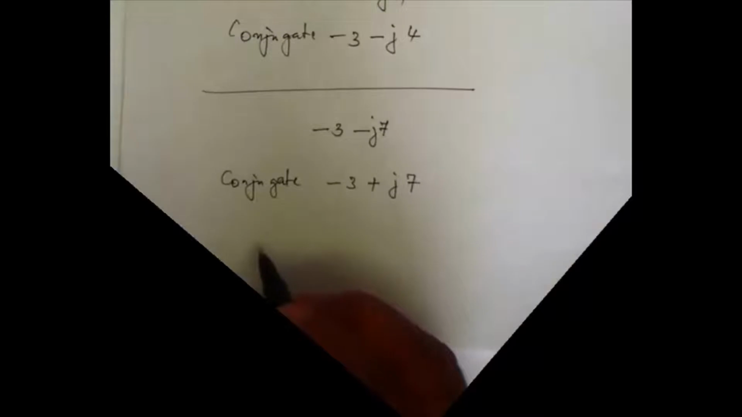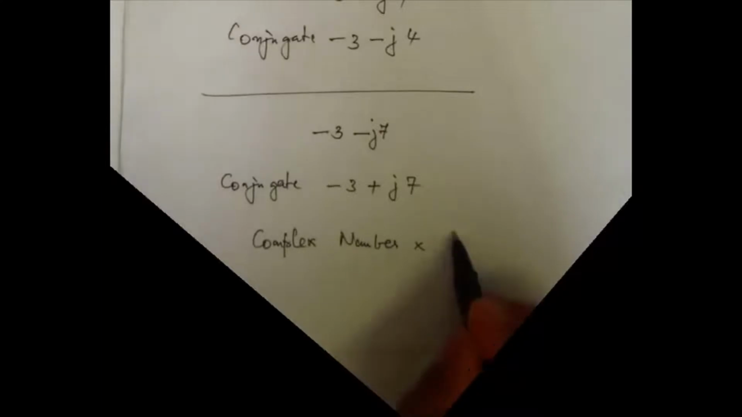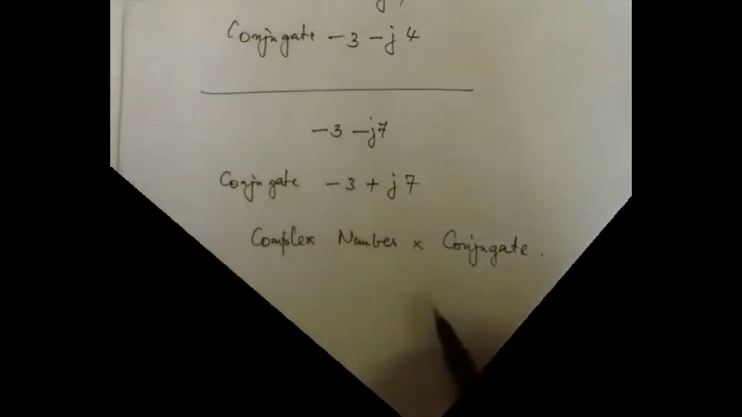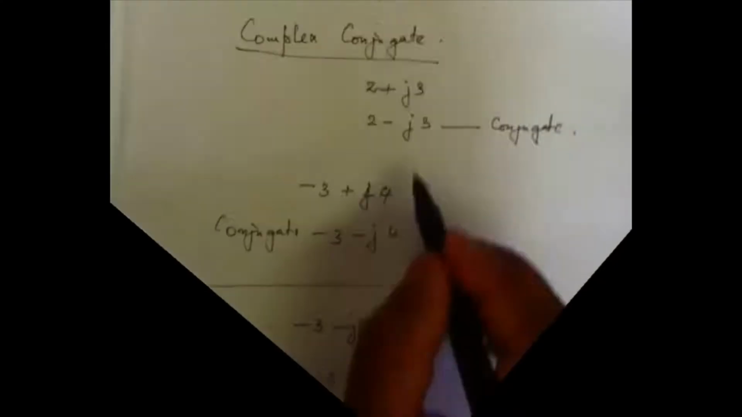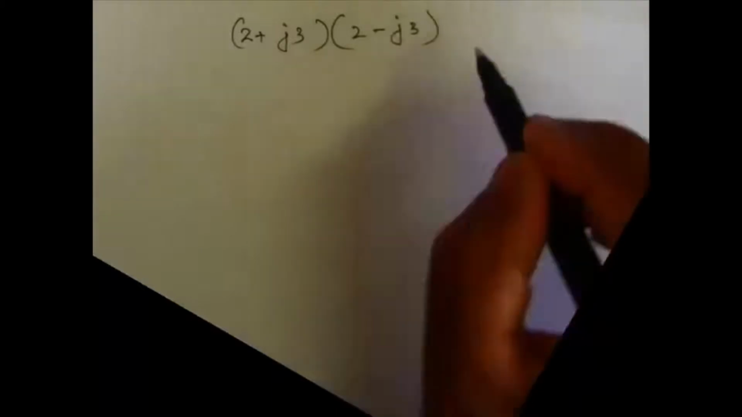That's a very interesting complex number and its conjugate. If you multiply a complex number by its conjugate, then you get a real number, which we will explore now. So we'll take the first two numbers here. Let's take this as 2 plus j3 multiplied by 2 minus j3. So that gives us,